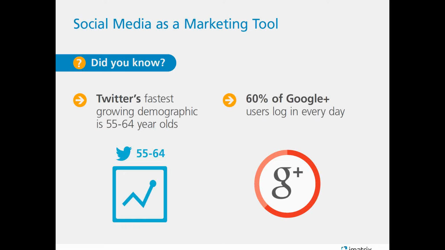at the very moment. Twitter, again, is one of those other social media platforms that you can tie in with your Facebook and have your posts directly tie into your Twitter post as well, so that way you can hit 2 birds with 1 stone. It is the fastest growing demographic between 55 to 64-year-olds, which a lot of people don't realize. A lot of people think social media is just for the younger generation, when in actuality it's the older generation that is using it as opposed to the younger ones. Everyone else seems to be using Facebook, Twitter, and everything else for their business. Google Plus as well. 60% of the Google Plus users log in every day.